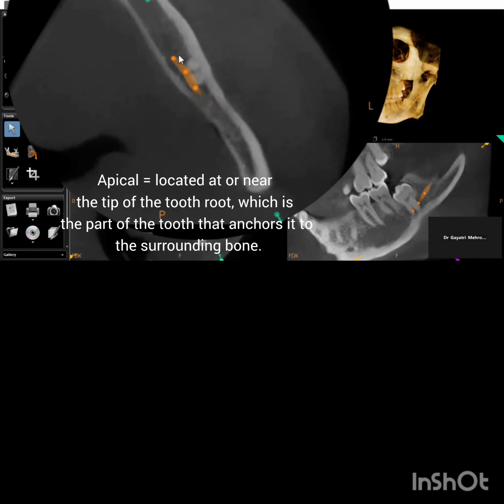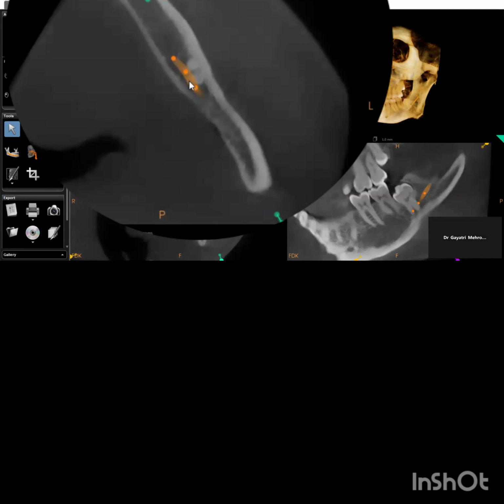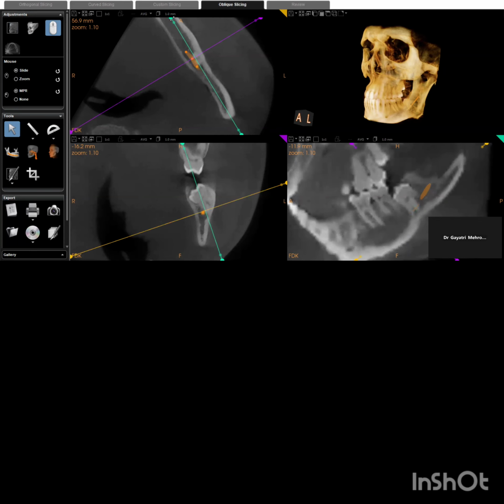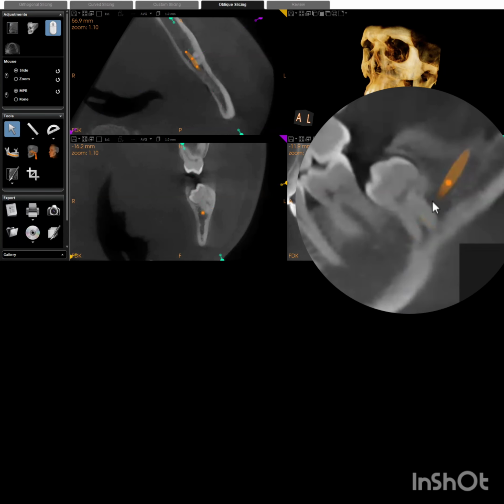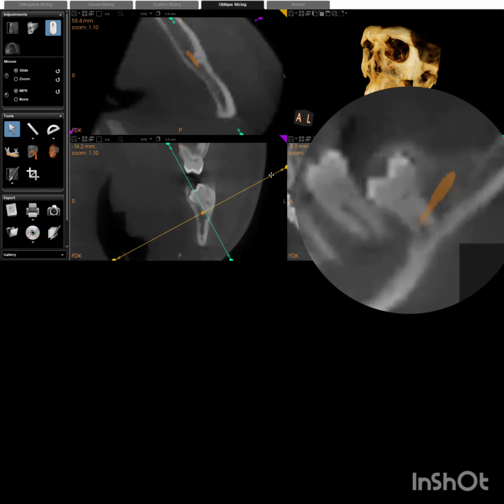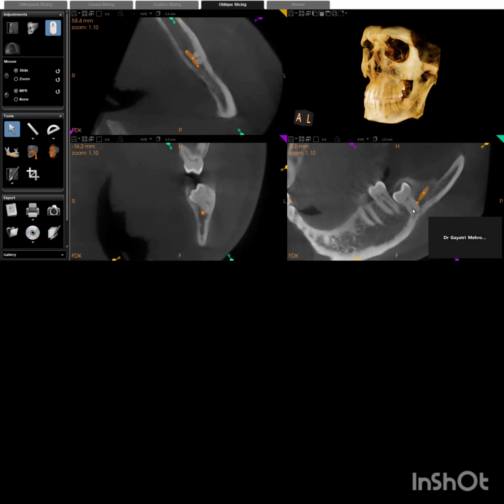So here, this canal is passing lingual to both these roots. And which are these roots? Mesiolingual and distolingual. So I will say that the left mandibular canal is passing lingual to the apical thirds of both the mesiolingual and distolingual roots. It's passing and it's in direct contact. The canal is in direct contact with both these roots.